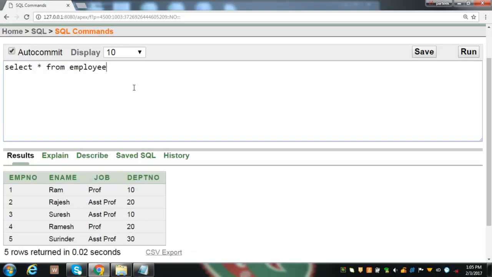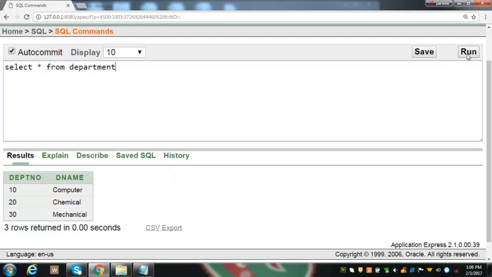Here I have inserted 5 records in employee table, and these are the records of department table. Now what will happen if I issue this statement to delete record of department number 30 from master department table? I have created foreign key on employee table with on delete set null option.